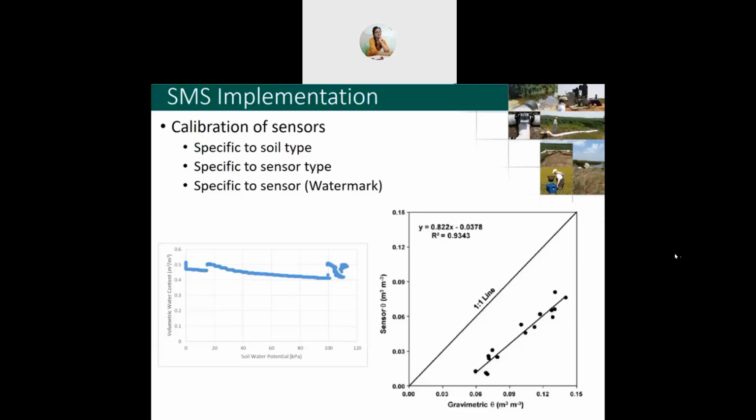On the left is the data we collected from some of our research, and it is showing that over a large range of soil water potential, we had very little change in volumetric water content. And this was on a sandy loam soil, so we would expect a lot more movement in the volumetric water content on that soil type to relate to that much range in soil water potential. So even though there is a relationship between those two, one of my sensors was not as accurate as it should have been and would need to be calibrated. On the right-hand side is an example from literature